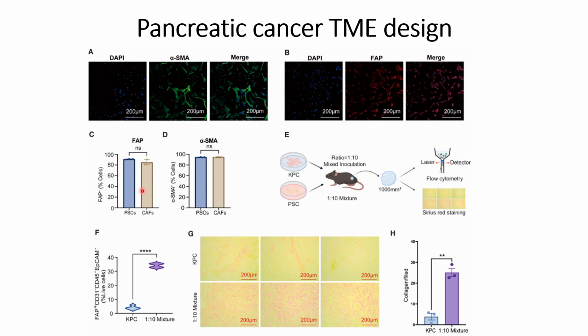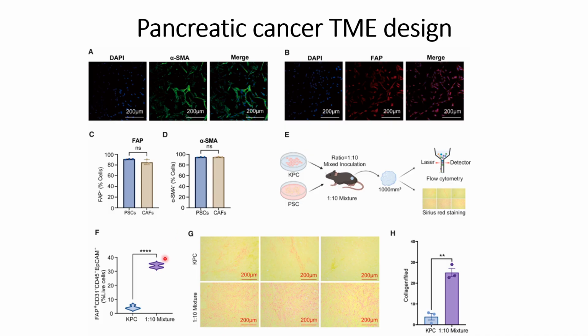So they are able to check FAP and alpha-SMA in two different conditions, pancreatic stellate cells and cancer associated fibroblasts. Now, in order to make the model, they decided to use two different cells injected into the mice at 1:10, that is KPC to PSC at 1:10. With that mixture they inoculated the mice, and once the tumor reached 1000 cubic millimeters, they took out the tumors and analyzed them using flow cytometry and Sirius staining, and they checked the signals for